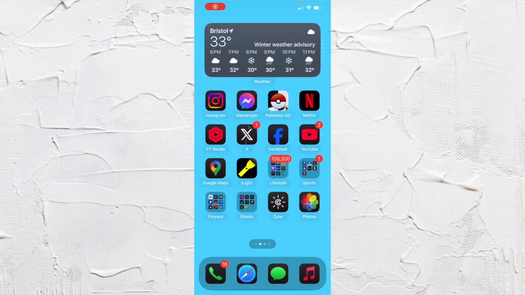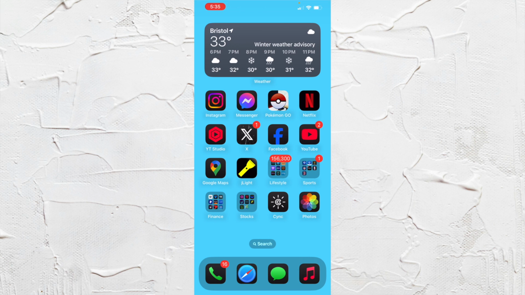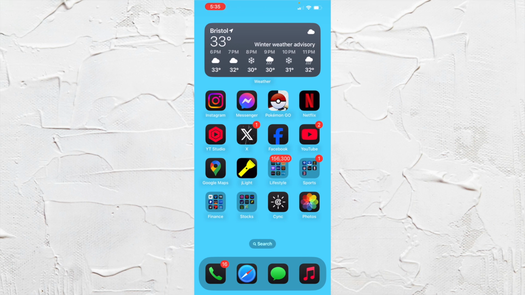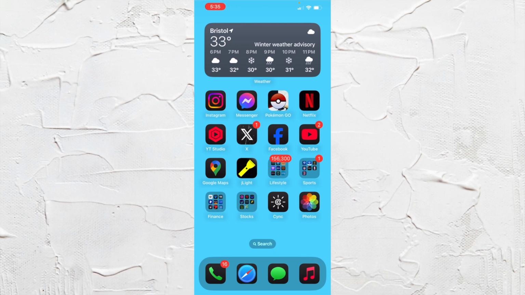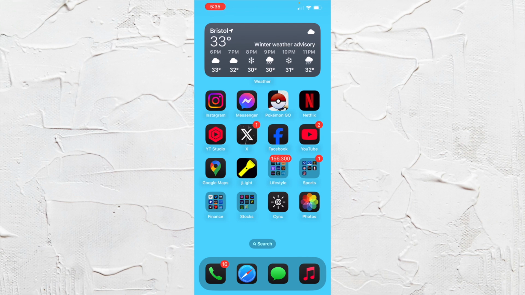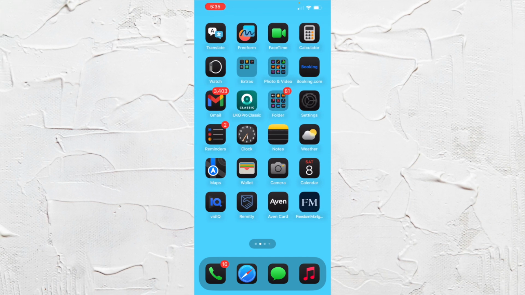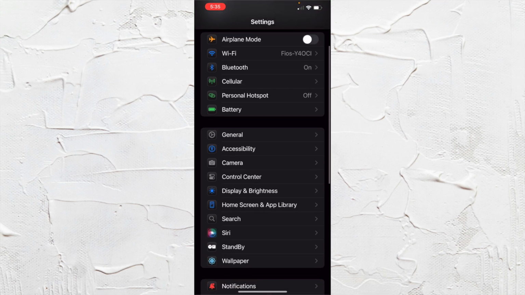In this video, I'm going to show you how to change your font size on your iPhone. So this works for any version of iPhone to make your font bigger on your phone so it's easier to read for you. So go over to your settings and we're going to scroll down until you see your display